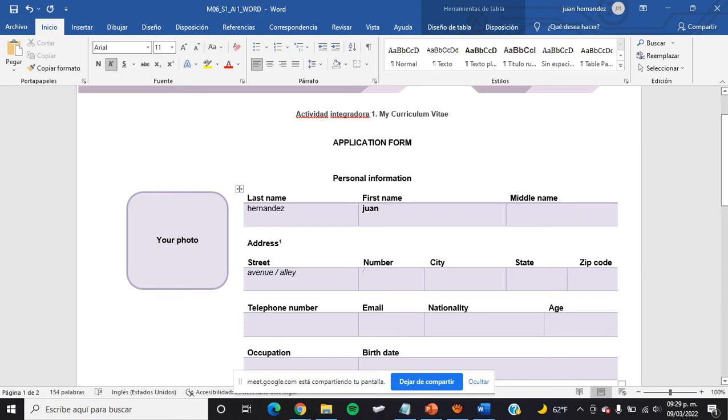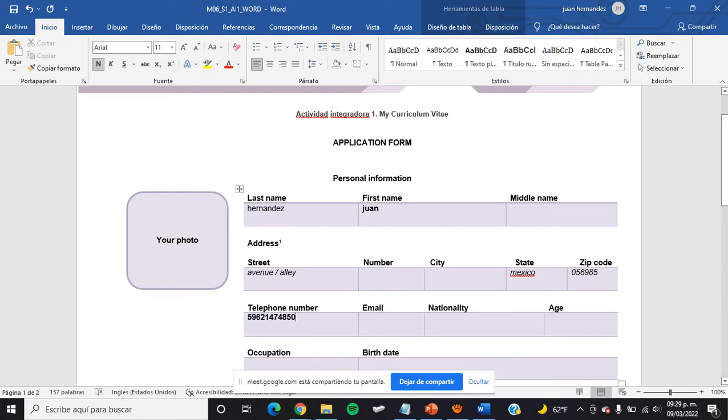Your number, número, ciudad, estado, Mexico, zip code. Write your zip code. In this case, 05698885. Your telephone number. You have to make up the telephone number. Maybe you write 5963214 and so on.